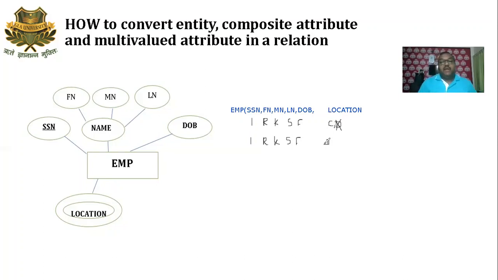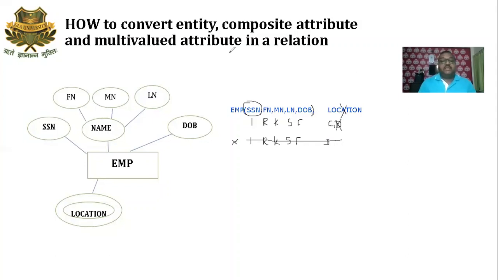Why is it not possible? Because this serial security number is the primary key attribute, and a primary key attribute consists of unique values. There is no repetition. So you cannot enter this row in the database. Because of that reason, you cannot take the location multi-valued attribute in the relation. Then what will be the alternate solution?